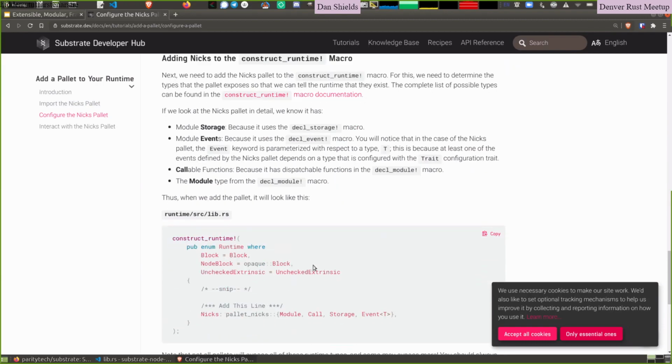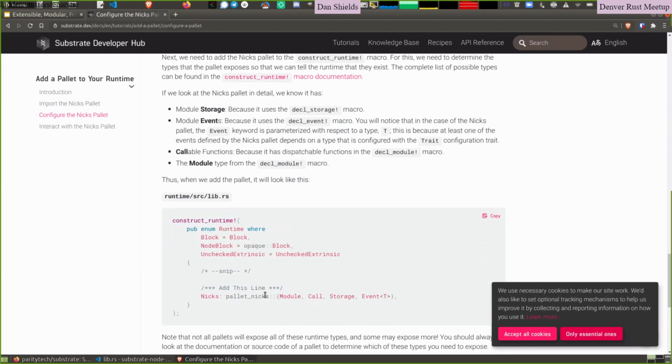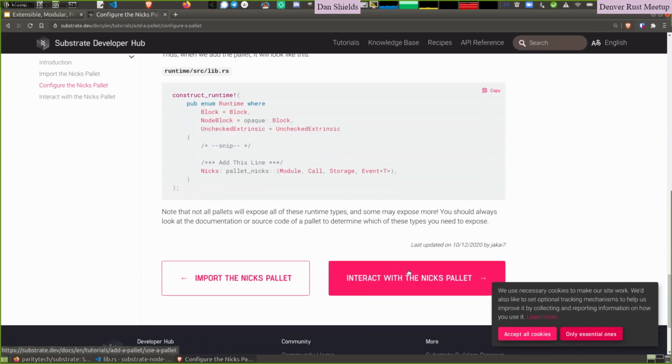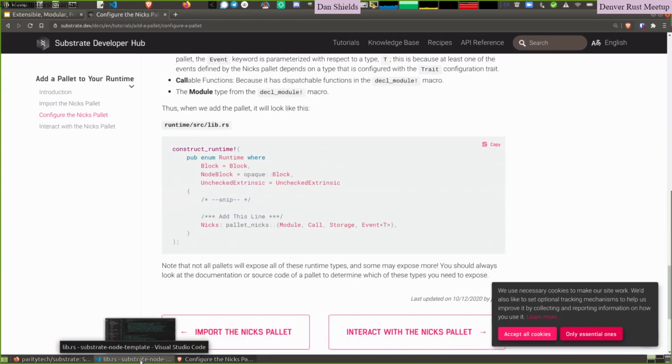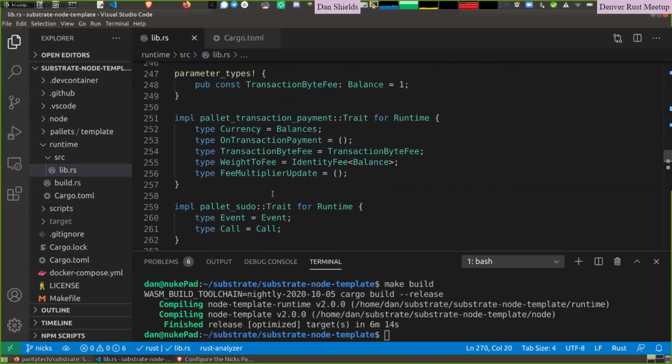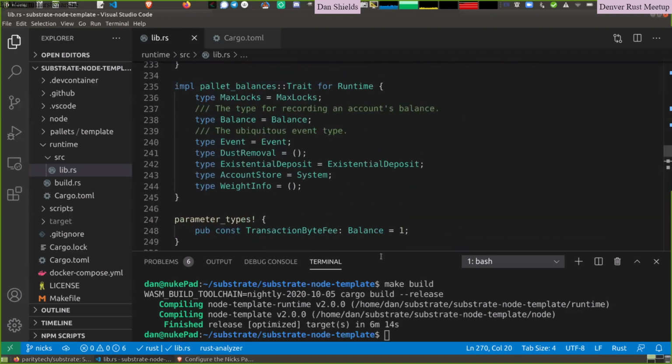So once that's added, we'll add one more line, and this is specifically in that construct runtime macro. This does, under the covers, a whole bunch of linking up of this new palette within the rest of the runtime palettes that are out there. So to give you a sense now, back in this runtime, I have actually not added Nick's palette directly, but